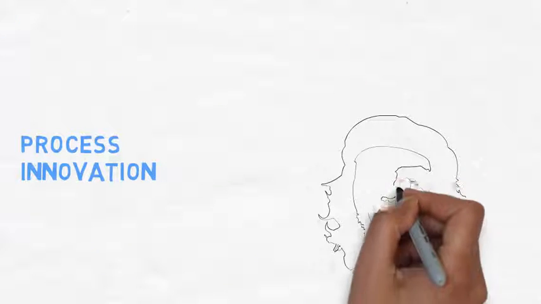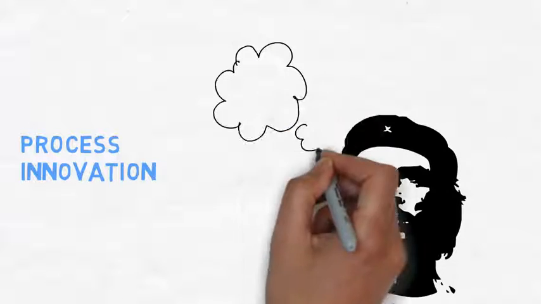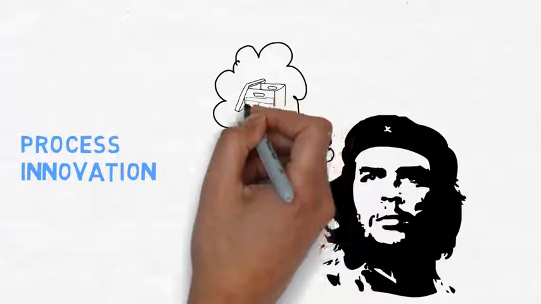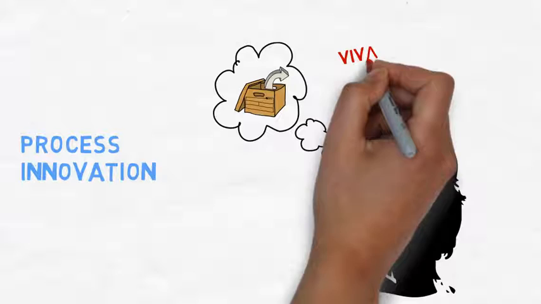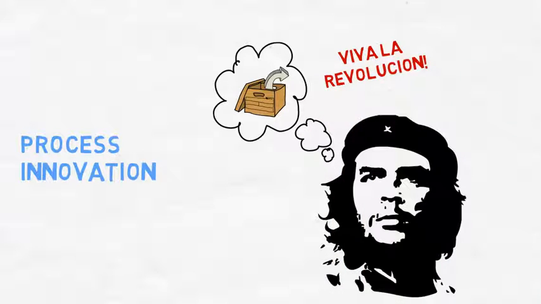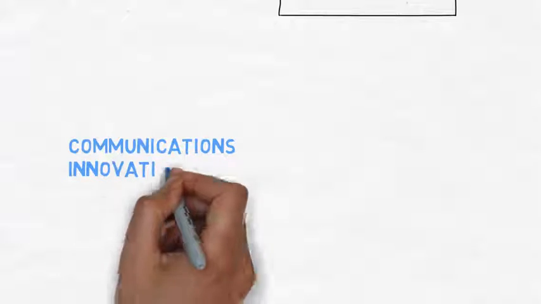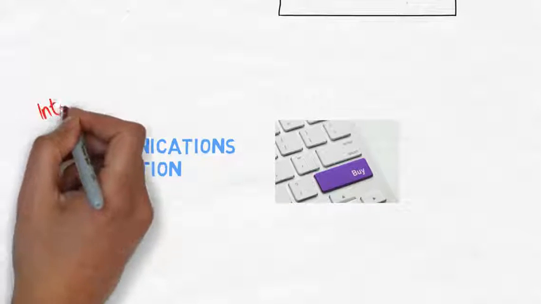Process innovation. This includes anything which, through fresh thinking, changes the way things get done. This could be anything from fundamentally shifting how the operation works to simply tweaking a form. And communications innovation. This might be about the way you reach out to customers or simply personalise the way in which they can interact with your business. Remember, innovation could apply to communication both internally and externally.